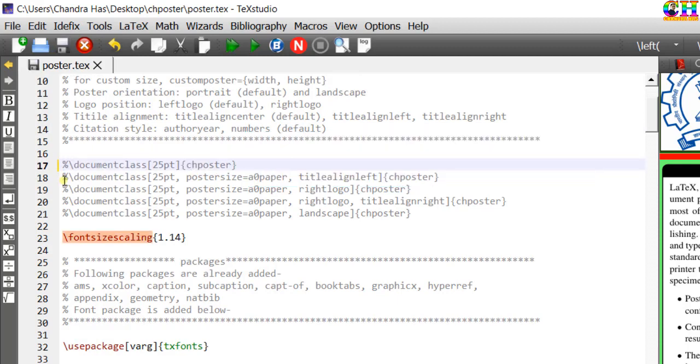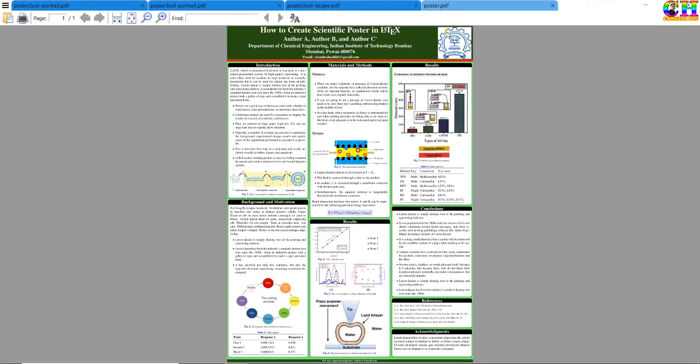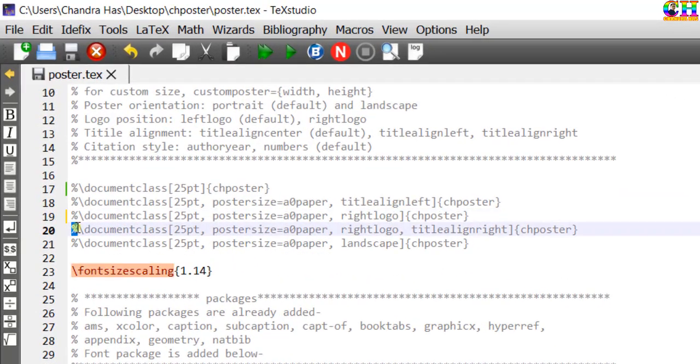I'll show an example in which logo has been shifted to the right with the right logo option. With this option, title will be aligned at the right.